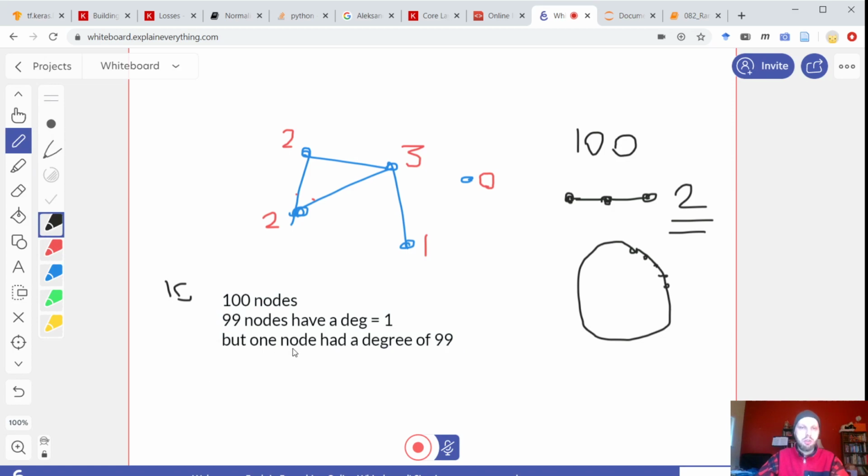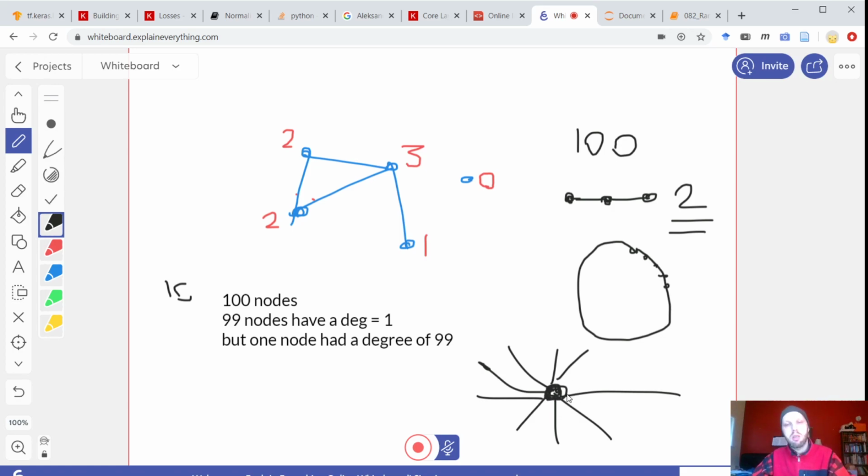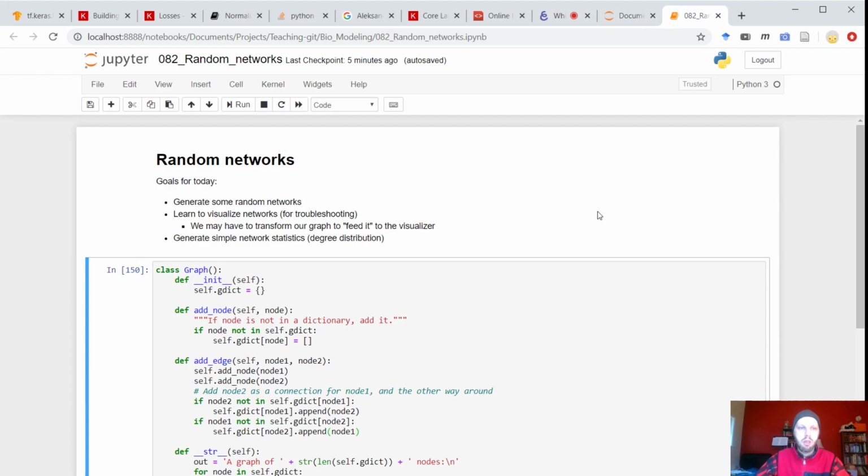With this information, you can also figure out how the network looks like, right? So there is one node with 99 friends and 99 nodes with only one friend. So obviously it looks like a star, kind of, where you have this one giant super interconnected node in the middle and all other nodes are connected to it, right? So this degree distribution is a helpful thing, and we'll finish with calculating it. All right,